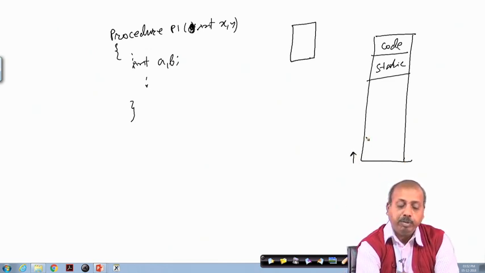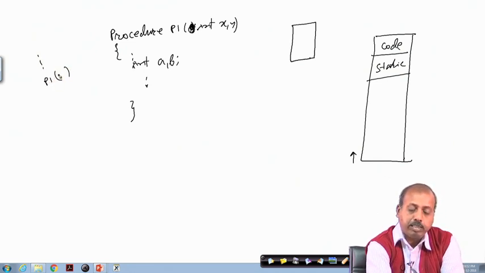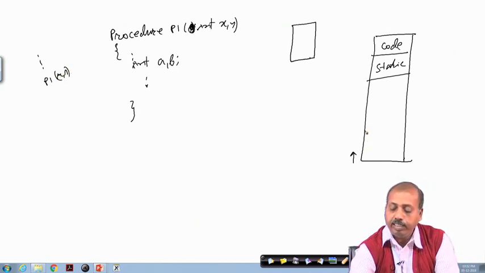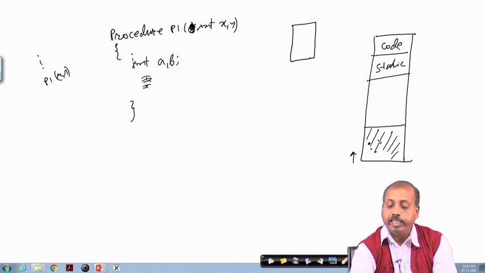When a call is made to the procedure, if this is the main routine, at some point of time you give a call to P1 with values, say R and S, then this activation record will be created onto the stack. This activation record is pushed into the stack, and here I have got R and S copied into x and y, then space for a, b, etc. And the code that we have will be referring to the locations that we have in the stack. That way the code will be generated.